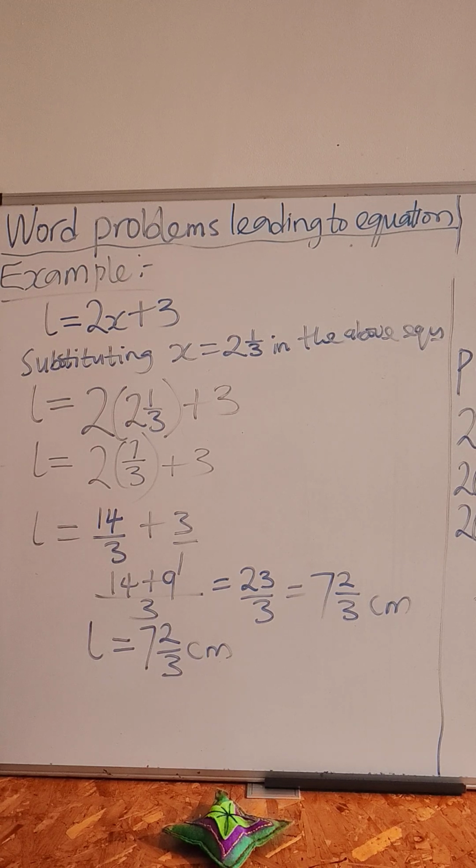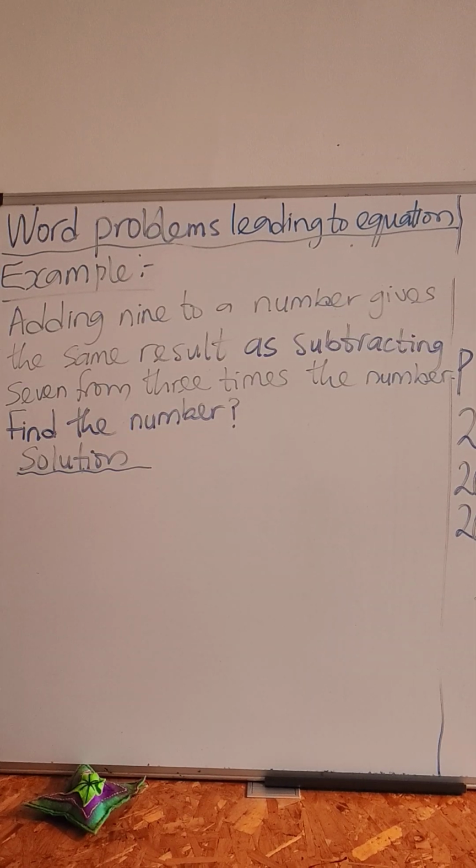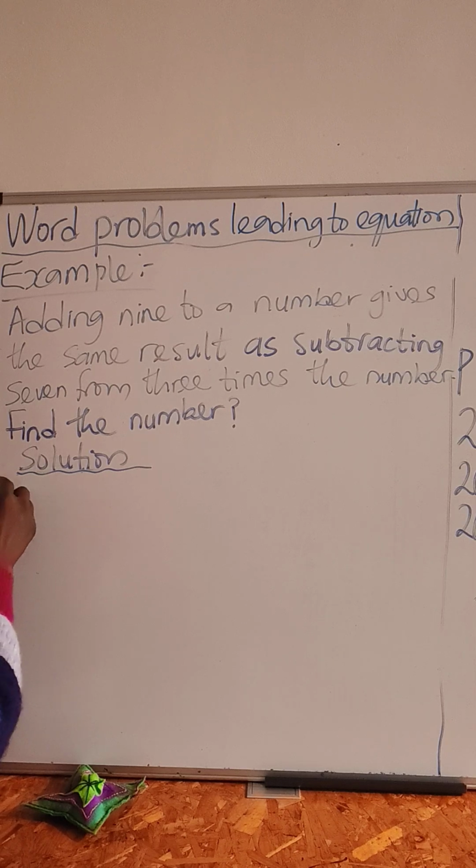Then I move to the second example now. Second example for this video, viewers. Adding 9 to a number gives the same result as subtracting 7 from 3 times the number. Find the number. The first thing I would like to write is, let the number, because the number is the unknown this time around, let